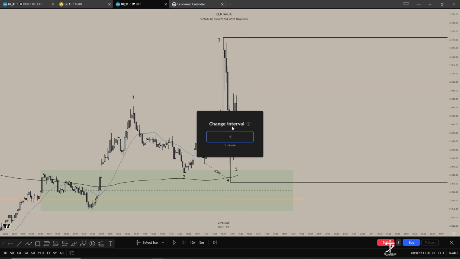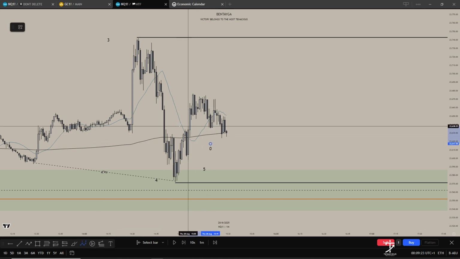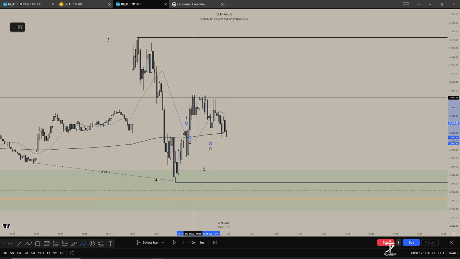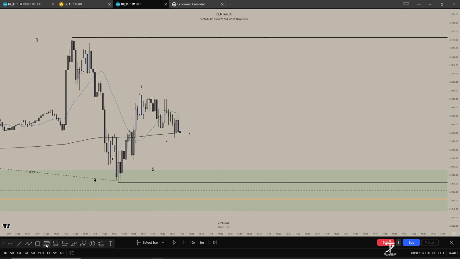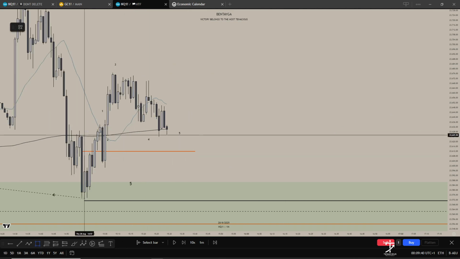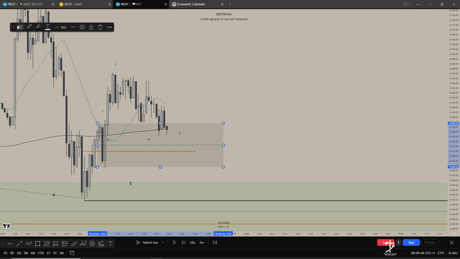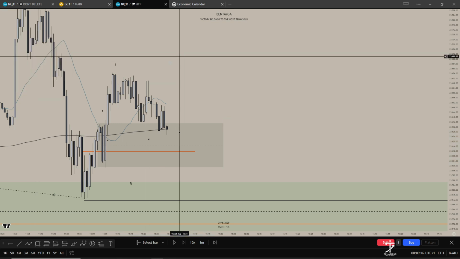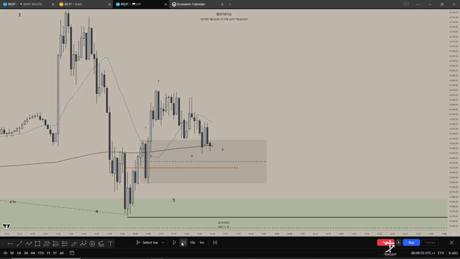So sorry again, I keep switching over, but we had SBS here, where this candle was my 1, this candle was my 2, this candle was my 3, 4, 5, and then if I drop my fib from this low to this high, we don't quite tap the 618, which is cool, but you can see that this is an area of supply and demand. So there's always a chance that price is going to tap in here and make its way higher, and then that was the case,